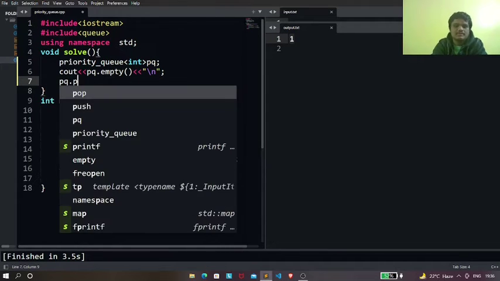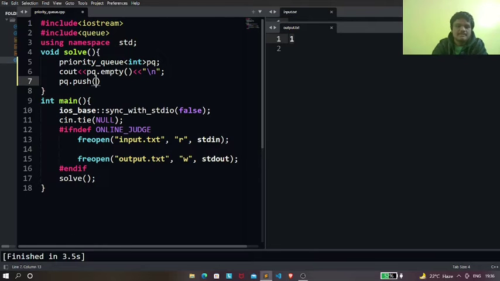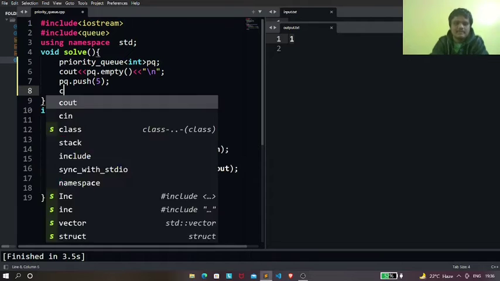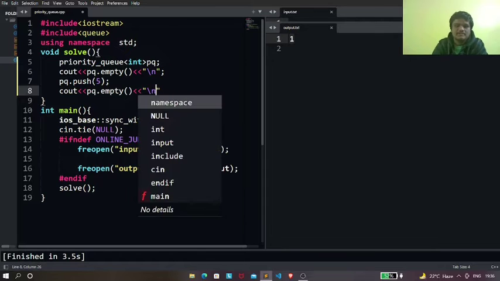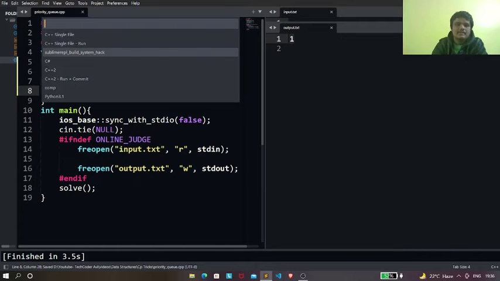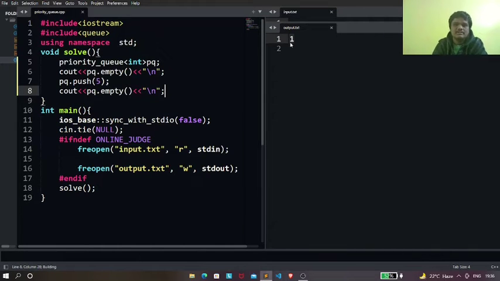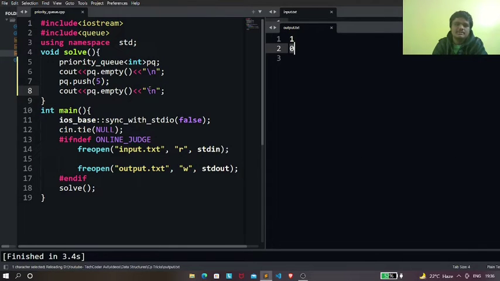So in order to push some elements, we need to write pq.push, and then let's push 5 into our priority queue. Now if we check whether our priority queue is empty or not, we write pq.empty, and then let's just give a new line to it. Now we'll find that it's printing me 0. Right, now this 0 represents that our priority queue is not empty currently.